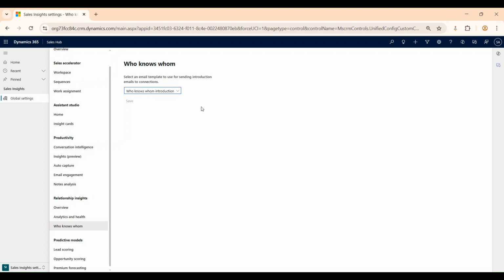One more consideration is that to work with who knows whom, you need to have the mailbox enabled for all your salespersons so that the emails and appointments will be synced between Exchange and Dynamics 365. I enabled this feature 2 days ago, so this will work for me in my Dynamics application. After enabling, I will go to Sales